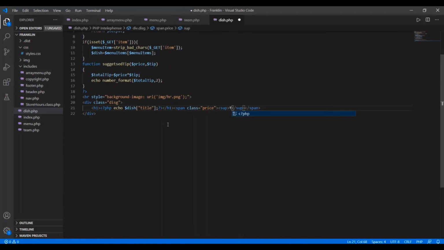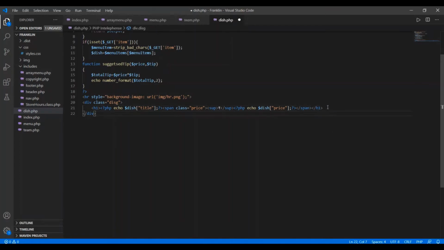So what I'm doing here, I'm just going to copy this PHP script here using Control C, and after this I'm going to paste it. This time I'm just going to display the price instead of title. So here is the price, and at the end we have to close the H1 element.